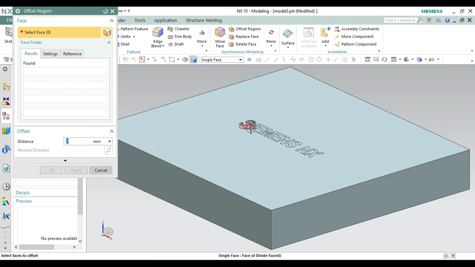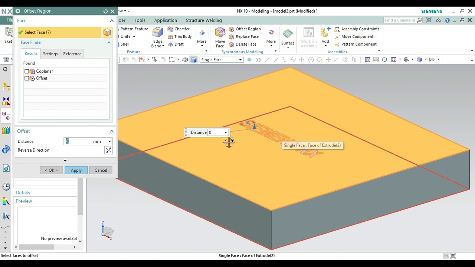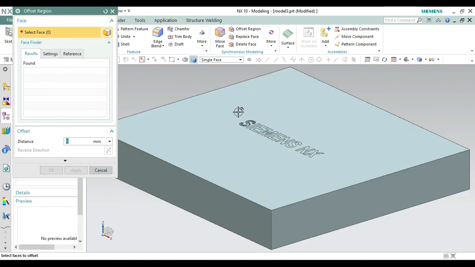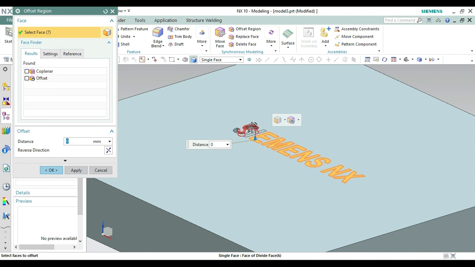Okay, now select face, select all the faces: E, select this I, select M, select this I, then select E, then select N, then select S, then again N. Okay, this has been selected, so let's do it again, refresh it and select again E, this E, then the I, then M, then E, then S, then again S, then N, then S. Let's zoom in so we can get the I, then click on I. Okay, now reverse the direction, make it again -1.